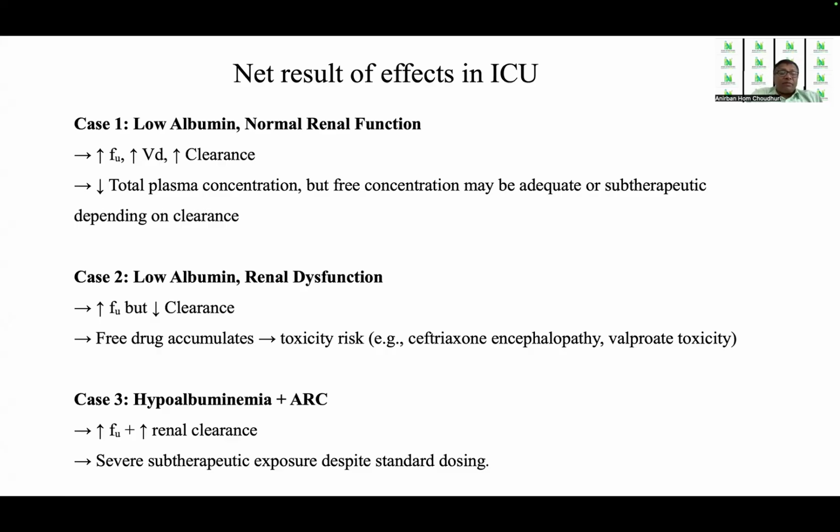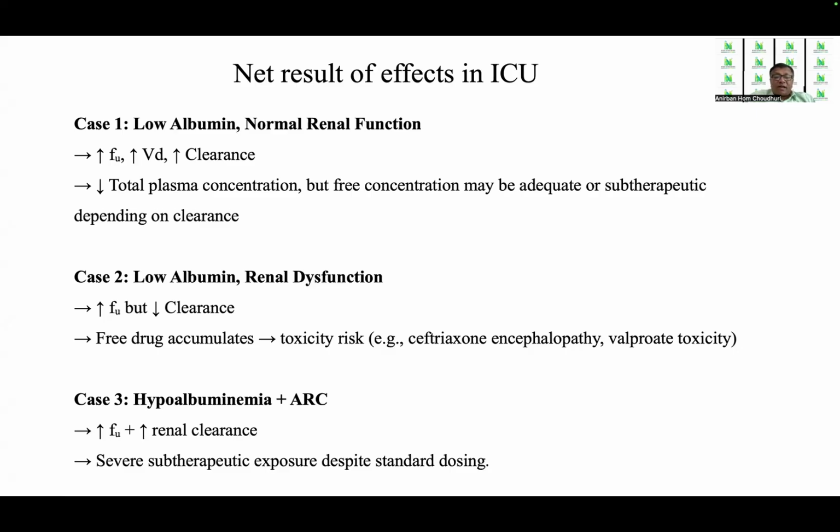The second scenario can be one where there is low albumin and there is renal dysfunction. Here also the unbound fraction increases, but clearance is reduced. Free drug accumulates. Toxicity risks exist with ceftriaxone, which is ceftriaxone encephalopathy, or if the patient is on valproate, there can be valproate toxicity. Third case: there is hypoalbuminemia plus augmented renal clearance. Here also there is an increase in the unbound fraction with an increase in the renal clearance, and severe subtherapeutic exposure